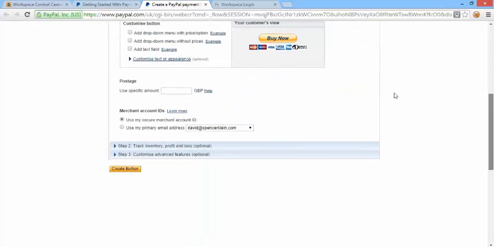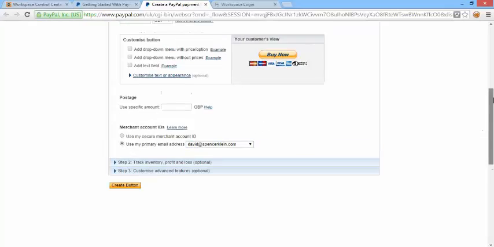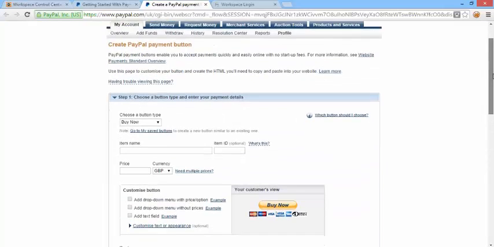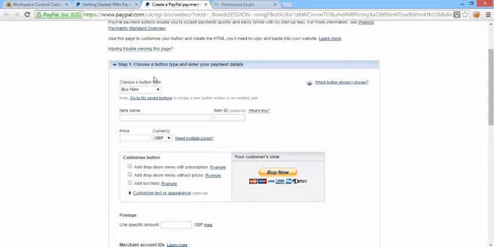And you should make this the new email address that you've just created. Use my primary email address, and item name could be